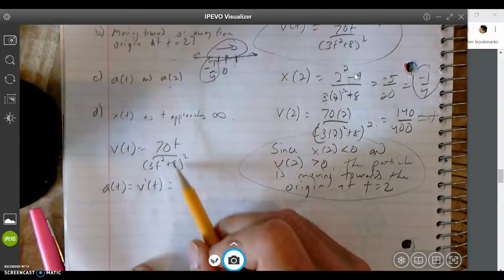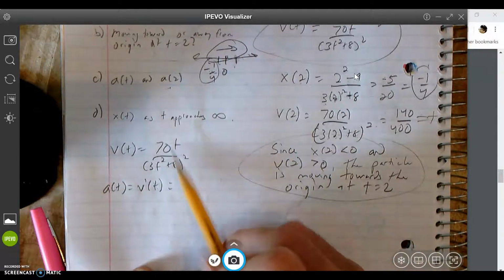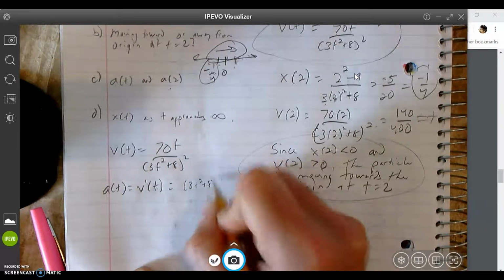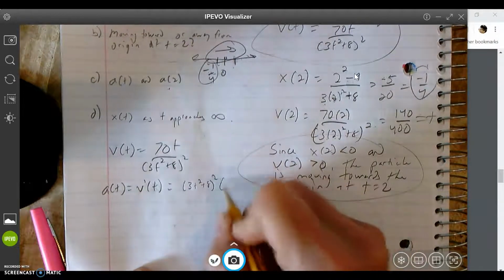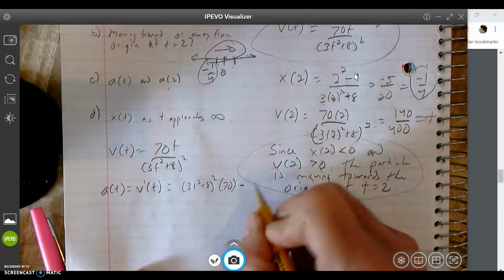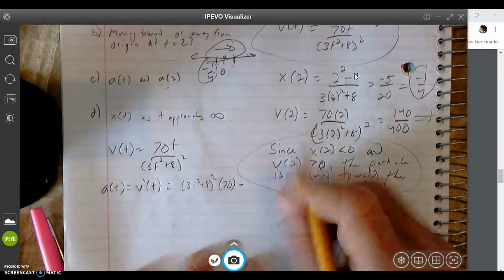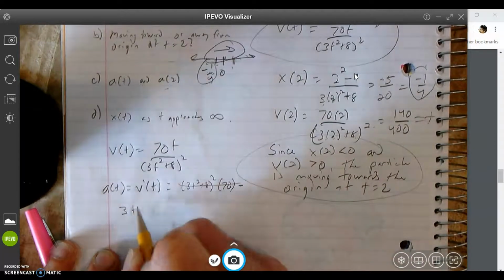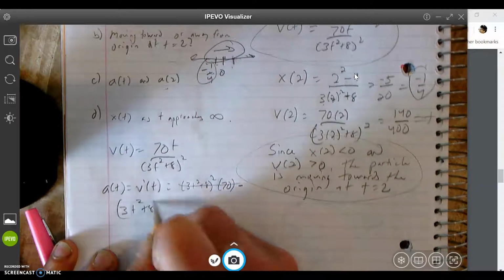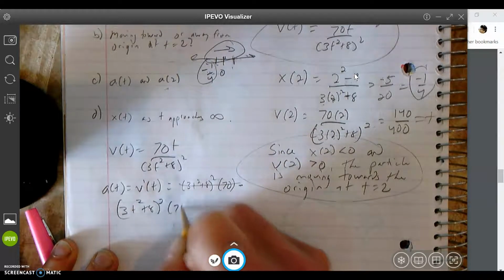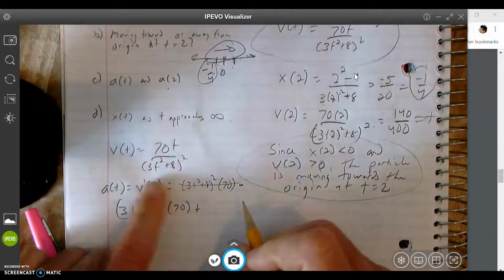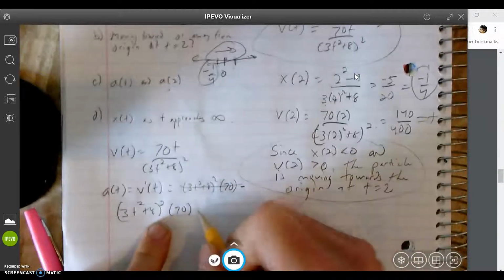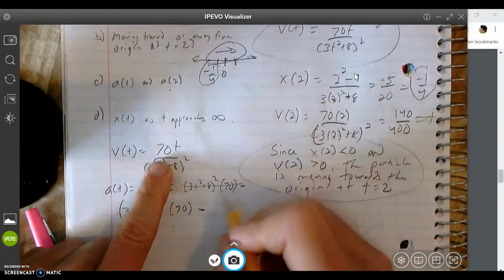So, this looks like another quotient rule. So low d high, what's the derivative of that? Yeah, 70. Minus high. I'm gonna run out of room here. I'm gonna write it here. So it's 3t squared plus 8 squared times 70 plus low. So it's low d high minus high. Sorry, minus high. I always gotta sing that song. It helps me. Minus high